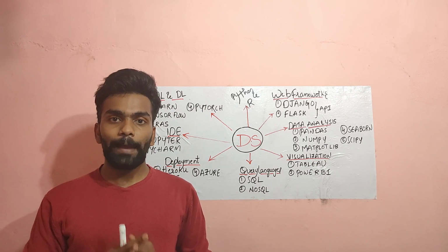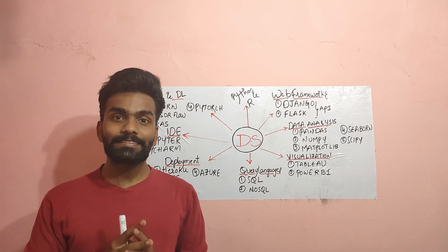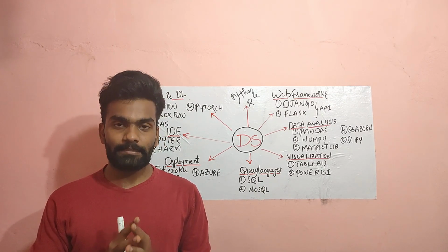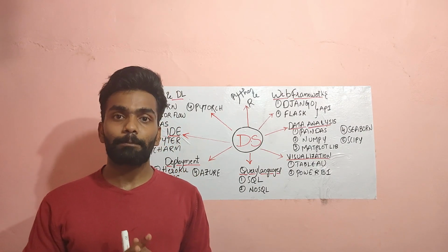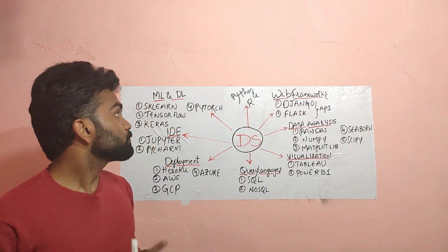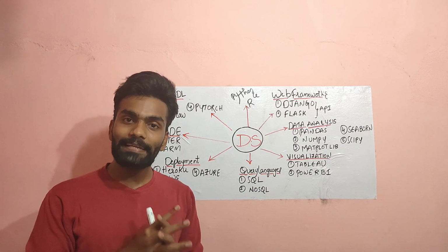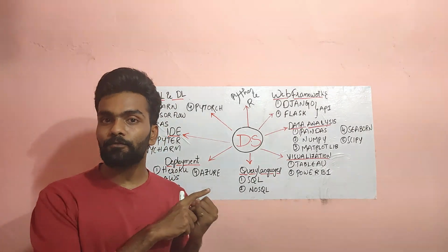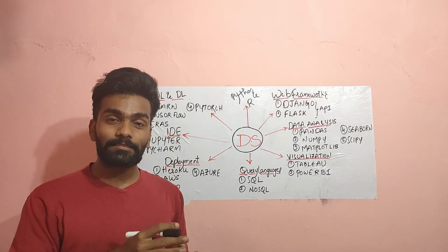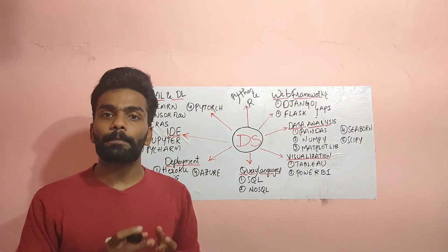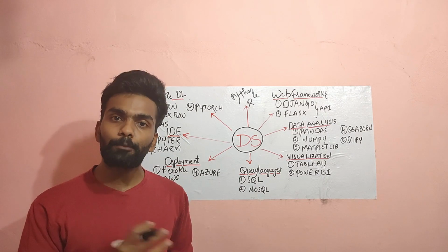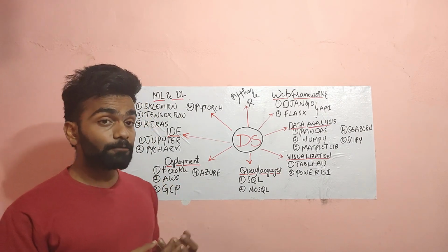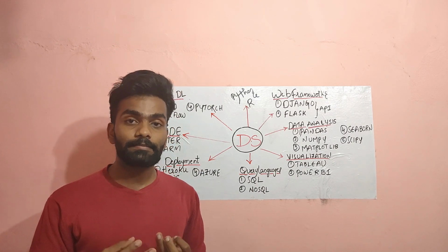In this video, I'm gonna explain what are the basic tools that you have to know in the field of data science. First, let us start with programming language. For data science, we're gonna use mainly Python due to its simplicity, and there are a lot of functions and a lot of libraries available in Python so that we can easily import them. So Python is a good language. And the other language for data science is R language,